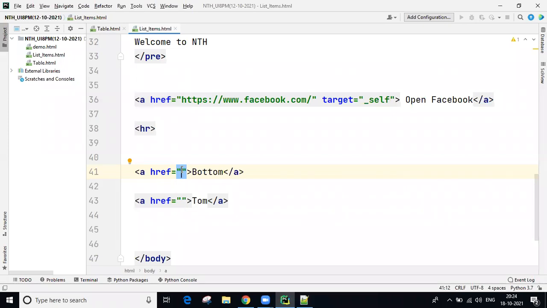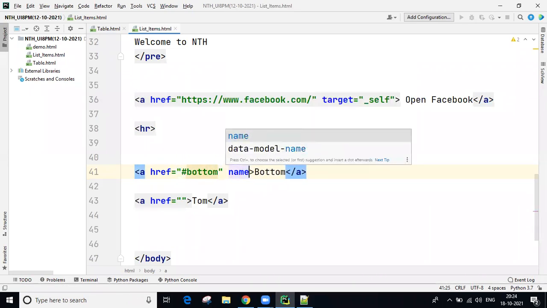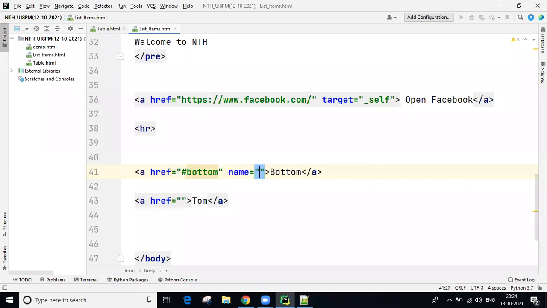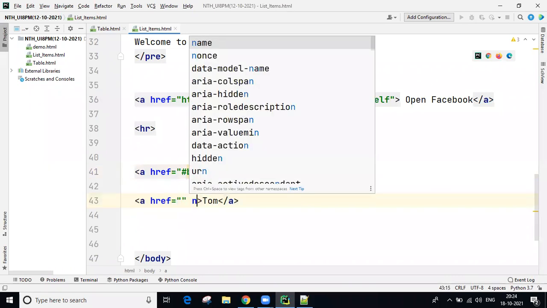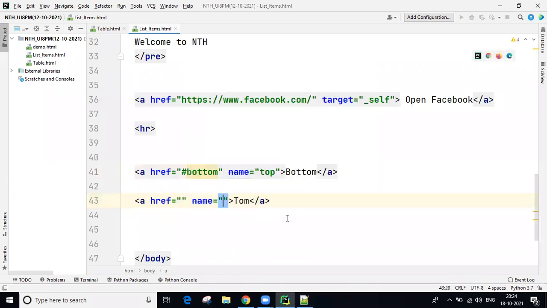href equal to hash bottom I'm giving, and the name attribute you can give any name, name equal to top I gave. Now next here also name equal to is there.